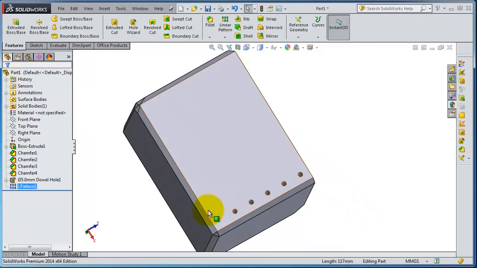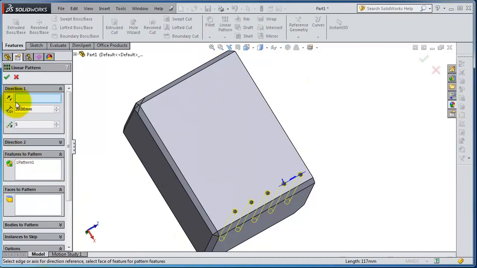So if you want to repeat this pattern as well on the other side, you can do it as well. So let's click on linear pattern. You have this feature is already selected. Let's select that edge and make the distance of 30, or let's make it 10. Okay,